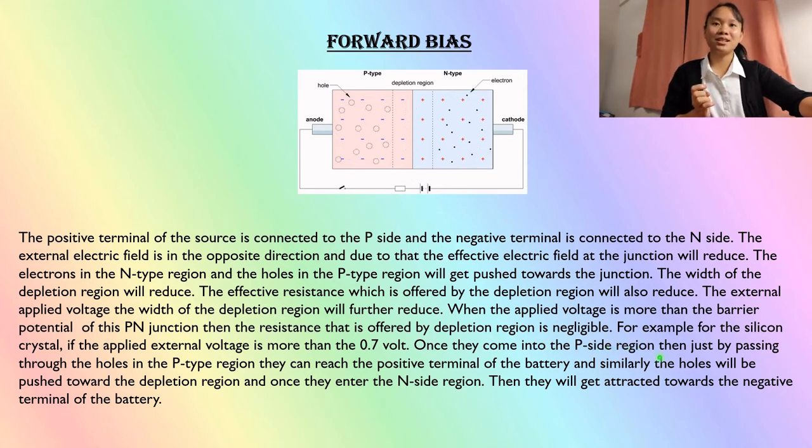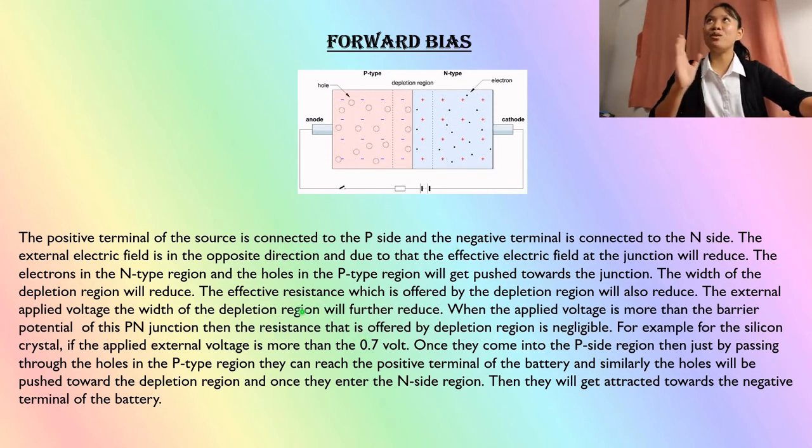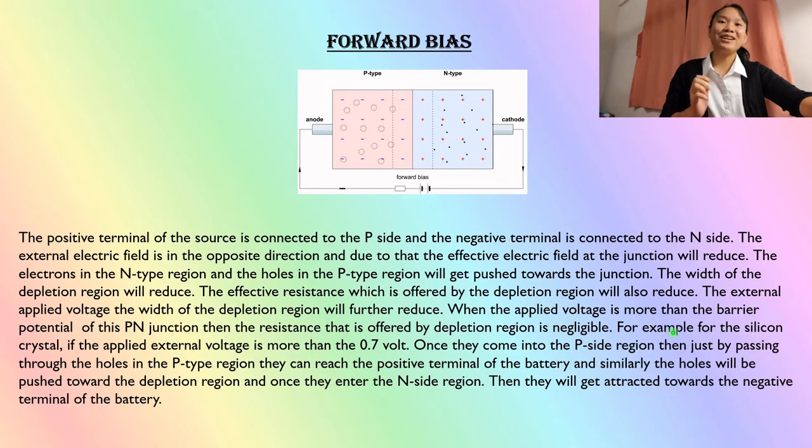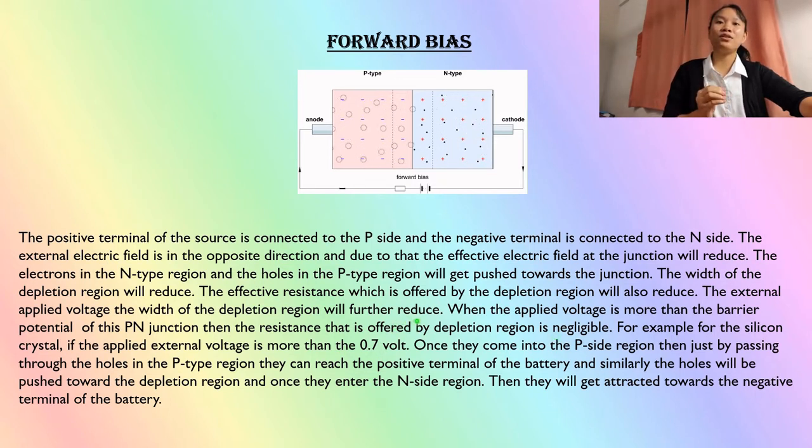As the external applied voltage increases, the width of the depletion region will reduce further. When the applied voltage is more than the barrier potential of the PN junction, the resistance offered by the depletion region is negligible. For example, for a silicon crystal,